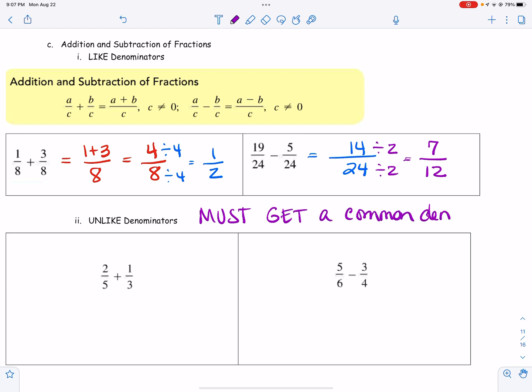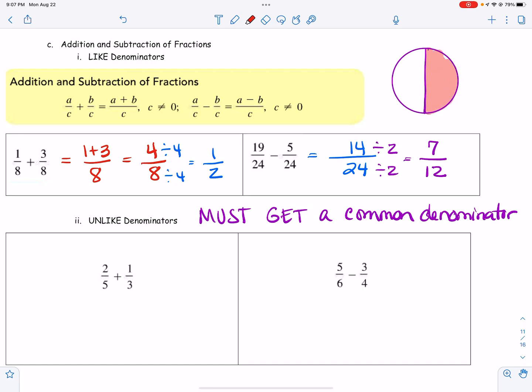Now, with unlike denominators, you must get a common denominator. So what we're doing is we are creating equal fractions. So let me show you. If I have a pie and I cut it in half, and I tell you that I ate half of this pie,